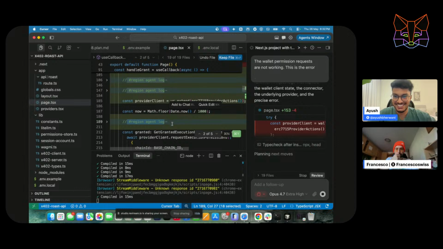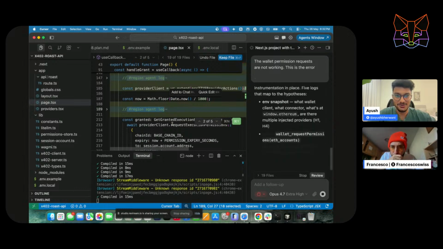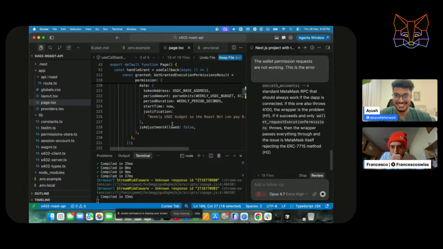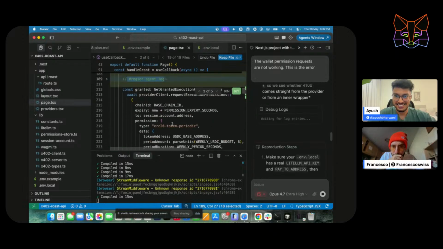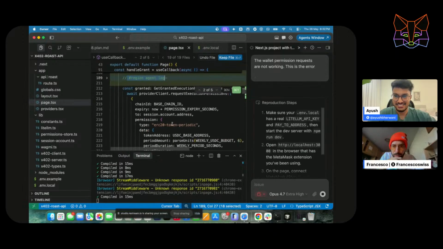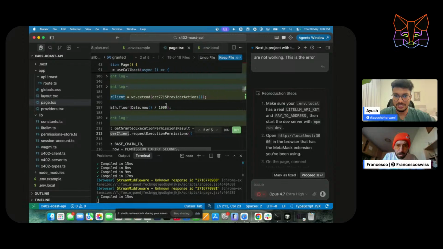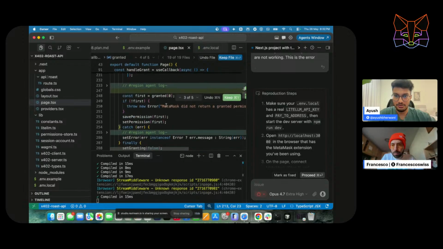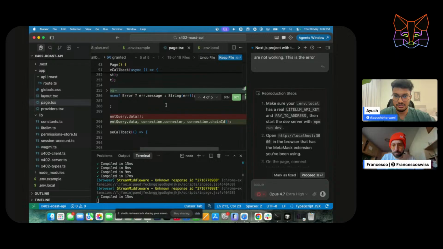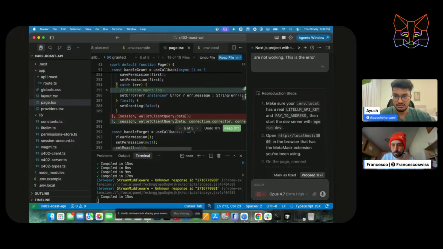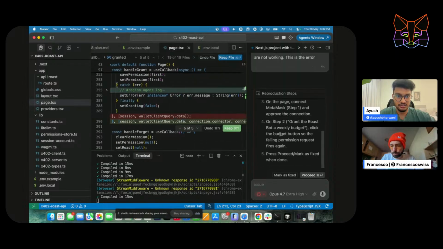It's doing what we usually do, adding logs to figure out. But did it downgrade to V2? No, but if it does not work, I'll ask it to downgrade to V2 and the older one. Or maybe this is the issue. Hopefully, it should.